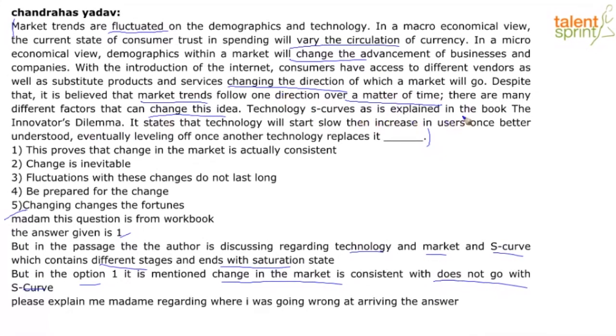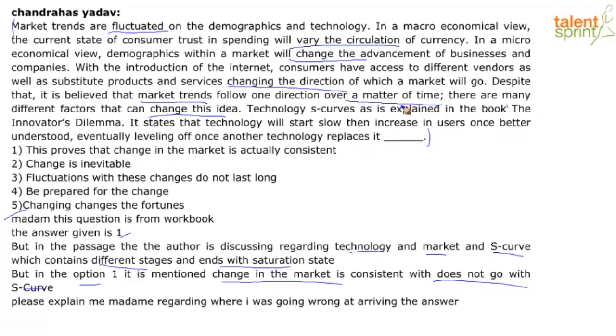Technology S-curves, as explained in the book The Innovator's Dilemma, this is the book, state that technology will start slow, then increase in users once better understood, eventually leveling off once another technology replaces it. So basically what they're saying is, people change with time because technology keeps advancing. Right? So given the context, look at all the repeat words and phrases,